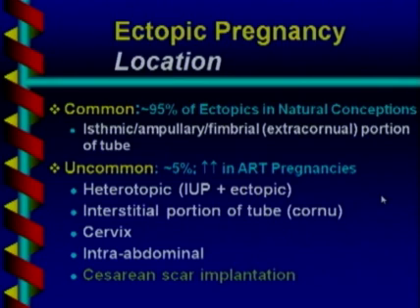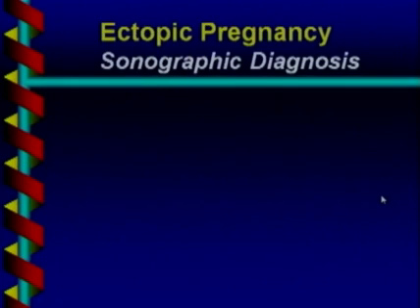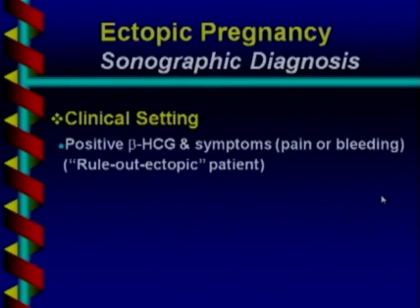Intra-abdominal pregnancies are rare, and a variant of ectopic pregnancy is a pregnancy that is implanted in the uterus but in a cesarean scar instead of in the central portion of the body of the uterus. And I'll be talking about all of these, both common and uncommon forms. So let's now get into the sonographic diagnosis. We'll first start talking about some of the basics